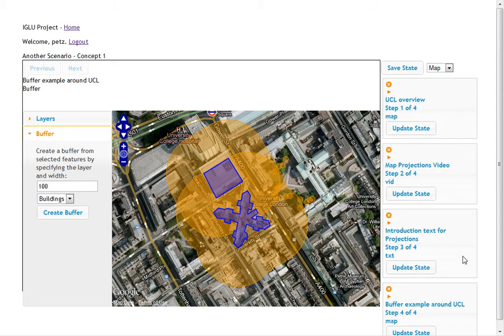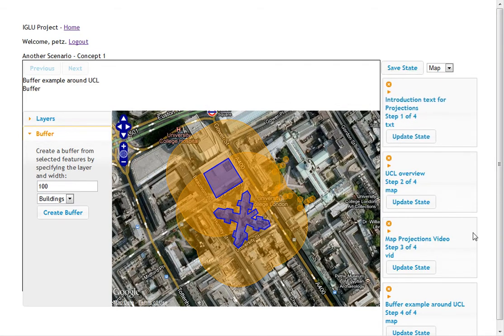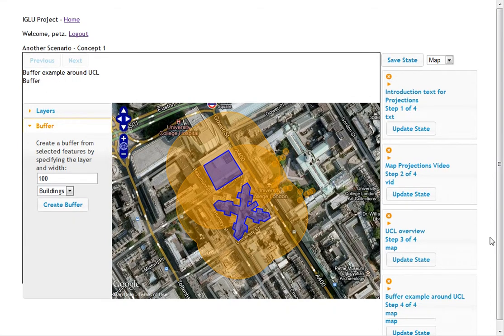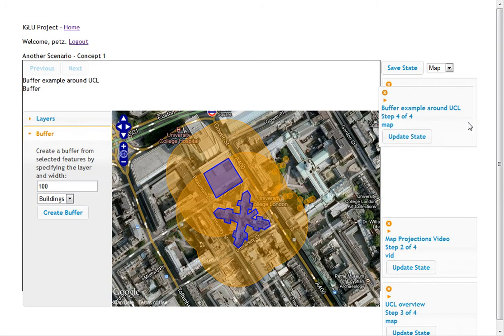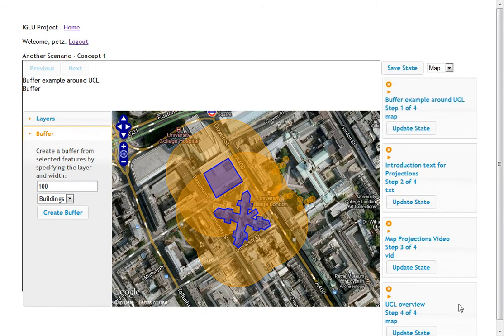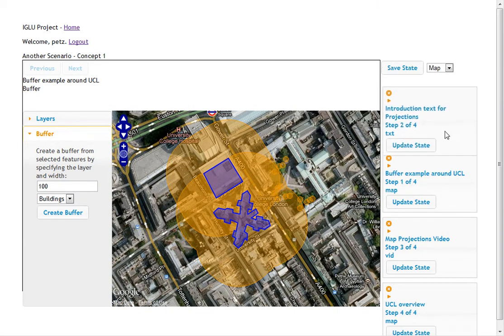Now we can drag around the steps to reorder the tutorial. We can delete steps if you want. I'm not going to delete one here. Let's put the buffer as first. No, let's put the introduction text as first. So this is how you can build a tutorial using different mediums like videos, rich text and images, as well as an interactive map display, which you can save the state of. And once you're done, you can go back to the home page,